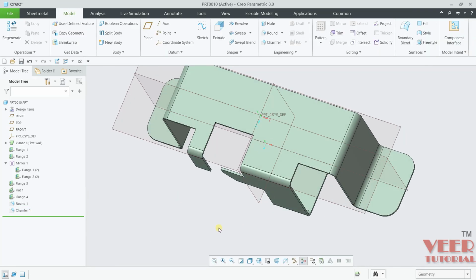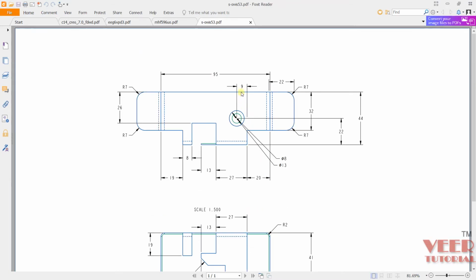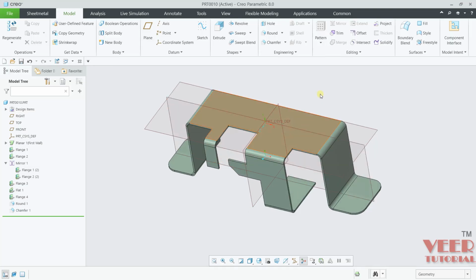Finally we need to create the hole. If you go to the drawing, you can see for this hole, distance from this edge is 9 and this value is 22 and the hole is 13 and 8. So 13 hole is on the top side, 8 is on the bottom side. So here I will go to